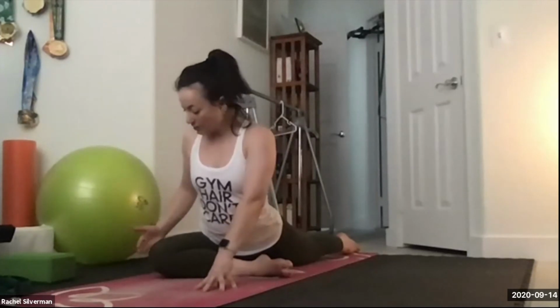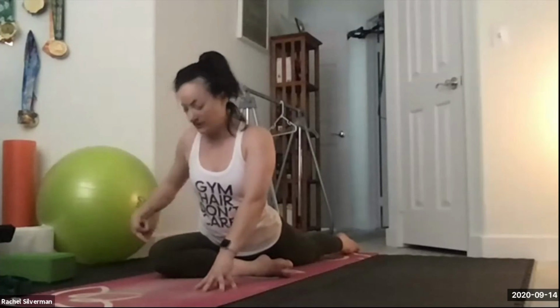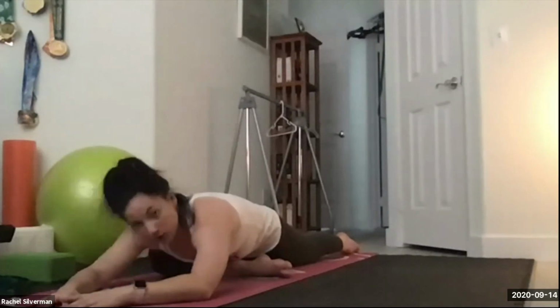Over time, your hips will get closer to the floor. Make sure your knee is not splaying out to the side, but it's also not in the middle. Your knee is in line with the hip here. Then you fold forward over that leg and bring your forehead down to the floor or block, or maybe just